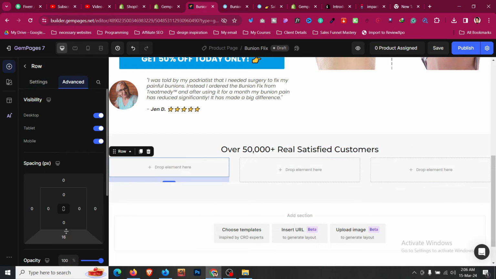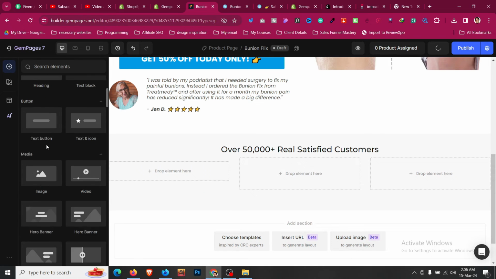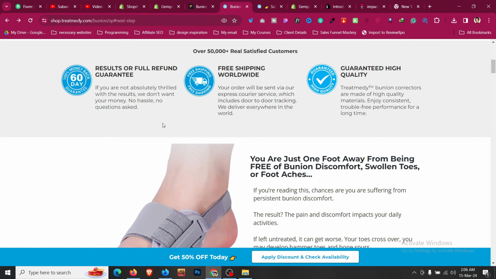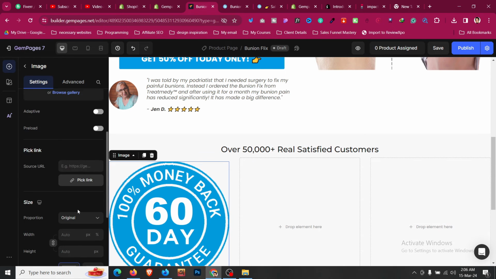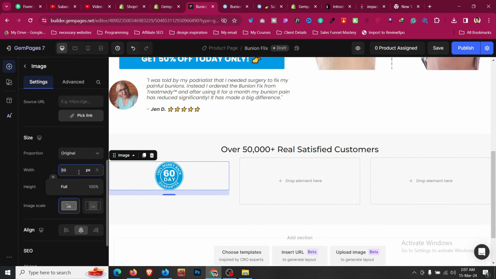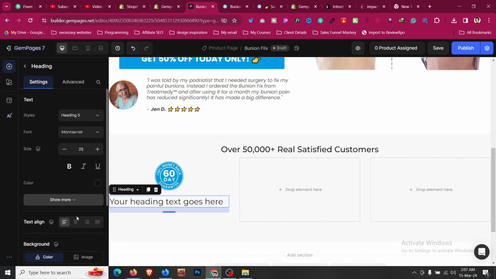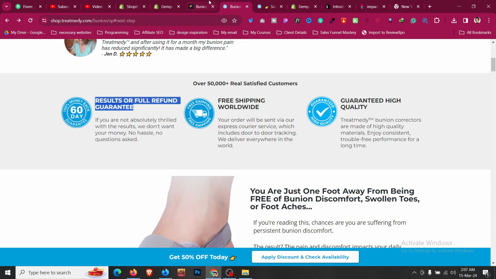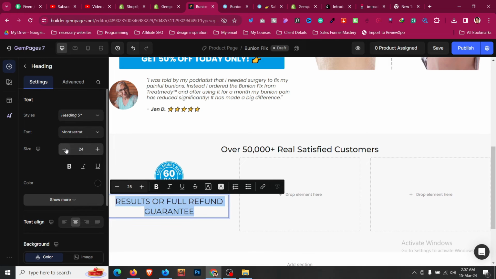Go to advanced, and then I will give some margin padding, 12 top and bottom. Then I will drag an image here. I will make something like this, and I will copy the image address, or I can upload the image. I will cross it and paste the code. Then I will go here and give it a pixel size, maybe 90. Then we have a headline under the image. It will be H5, something like this in the center, and this will be the headline, about refund. And then we'll click Ctrl A and clear all the styles and make it